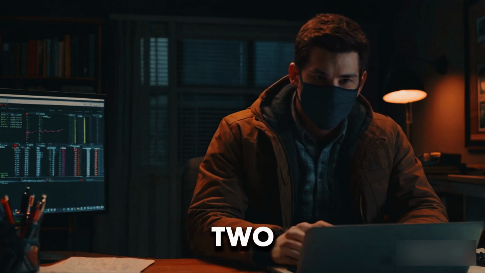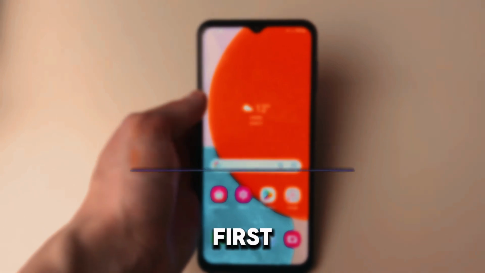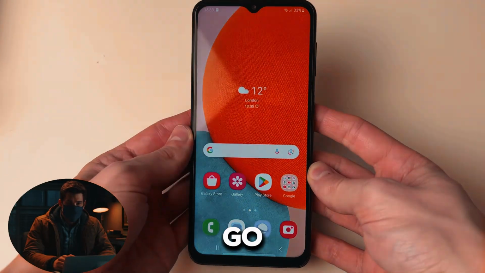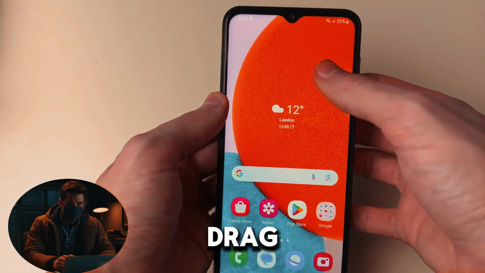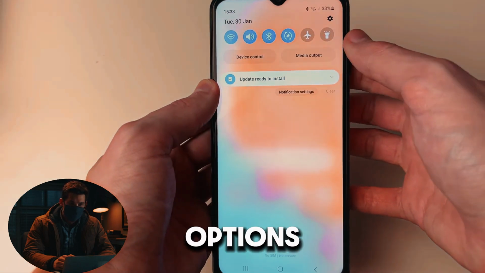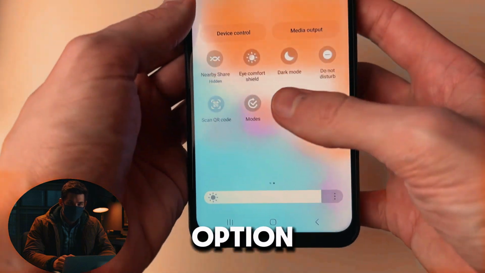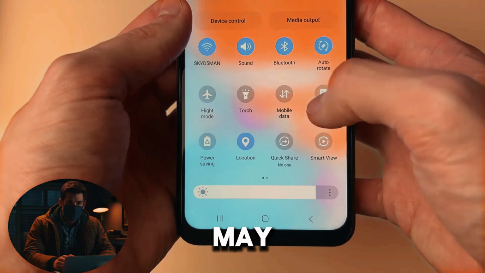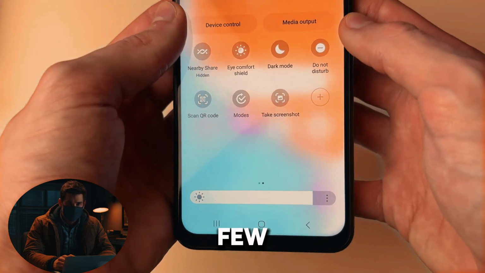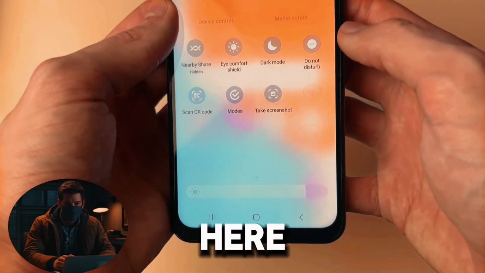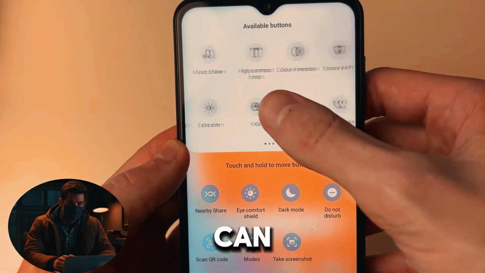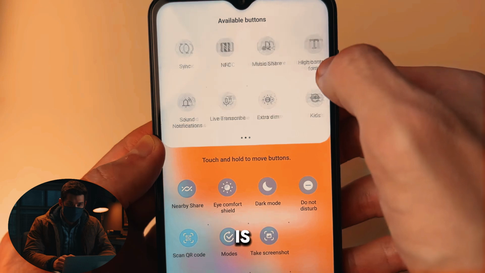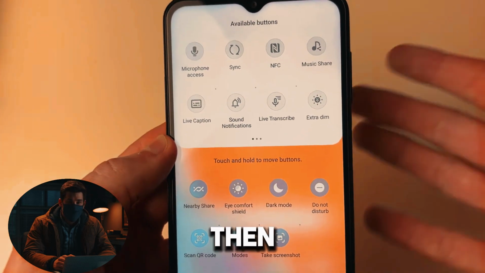So I'll cover two different methods for how you can do this. This first method is going to work on some Samsung phones, and that is where you need to drag down like so, and drag down again, and you'll see these different options here now. In some phones, you can have an option for screen recorder on this page, or maybe this one, and you may even need to click on that plus button if you still can't see it, and look in here for the screen recorder option. Now, as you can see, for me that isn't there, so it's not available on this Samsung phone, but for some it is, and if it's available in here, then all you need to do is